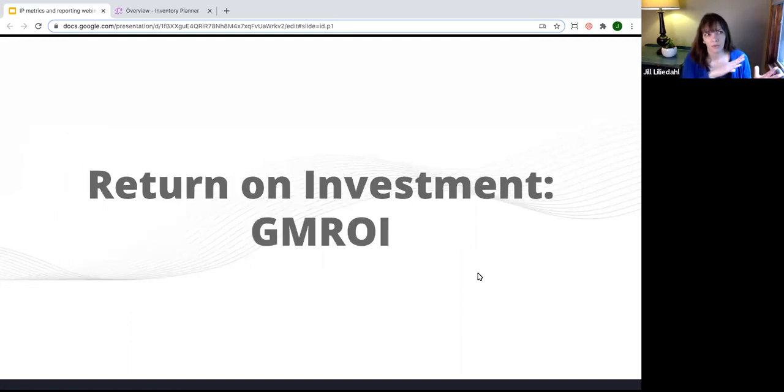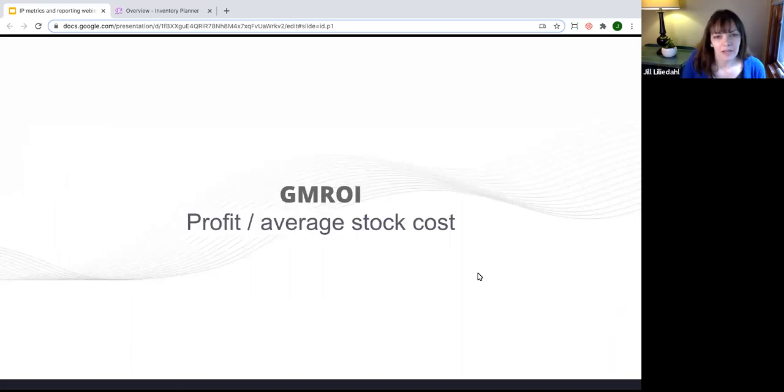So we're talking about speed, and now we're looking at maximizing what we're getting back on that investment, and we're looking at GMROI. So this is gross margin return on investment. What does that mean? It means we're looking at what is our profit over and above what our investment was